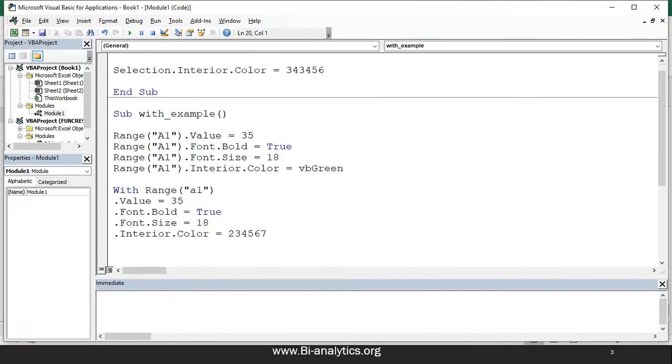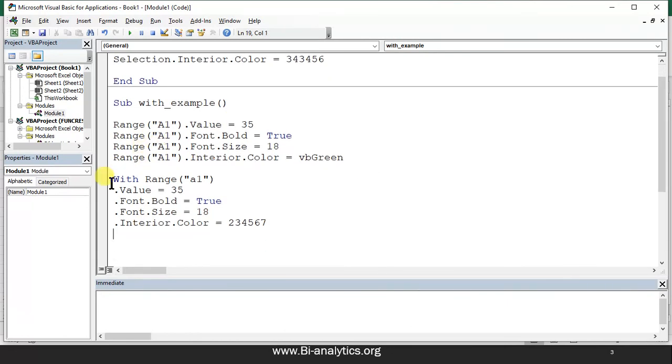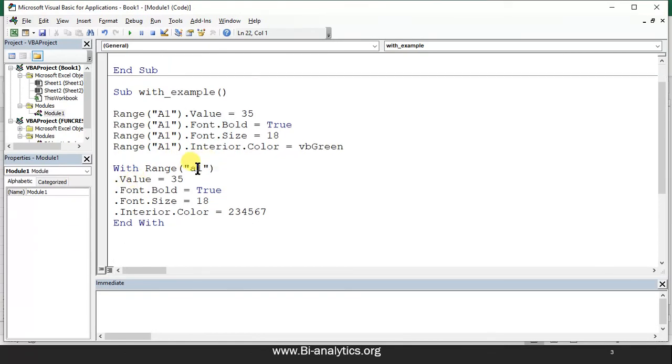Fine. Now because we have done With, we have to write End With. Fine. Or let's see, instead of A1, let's do this to B1.